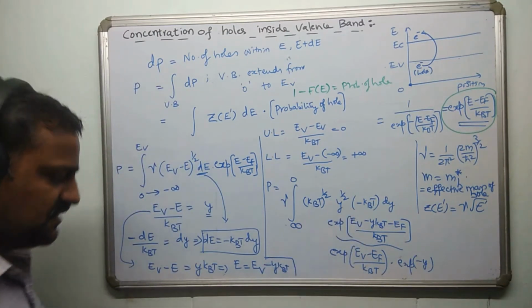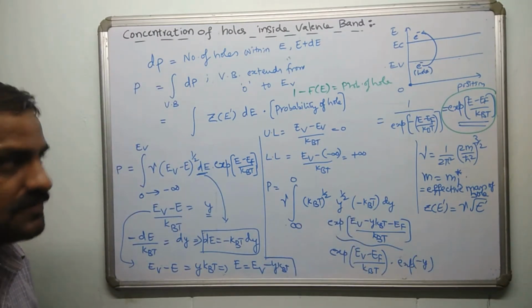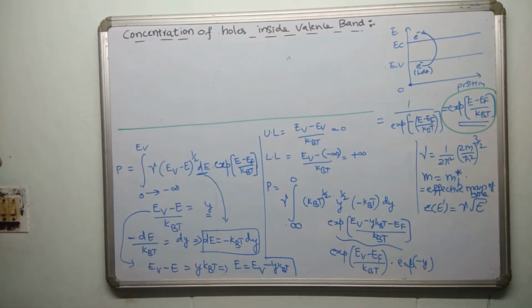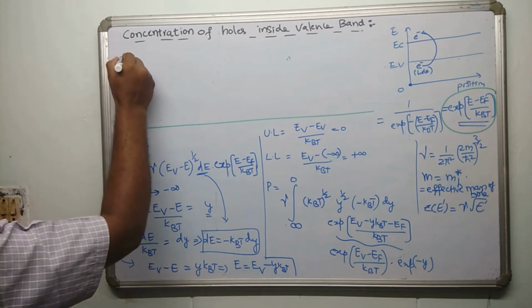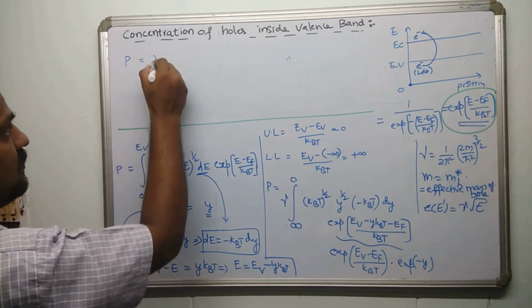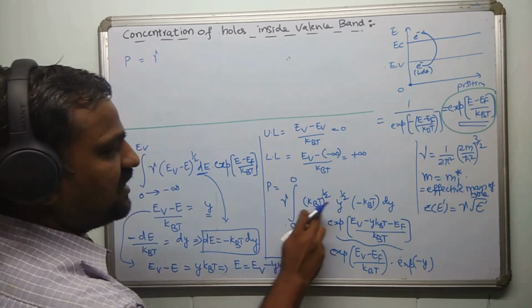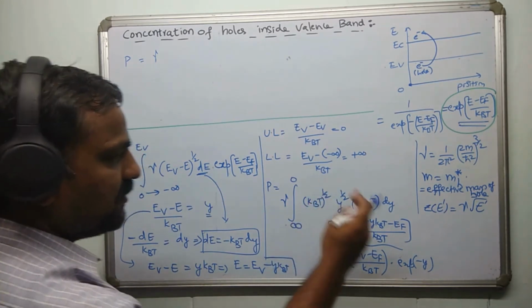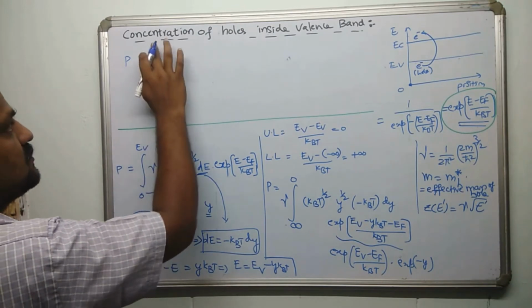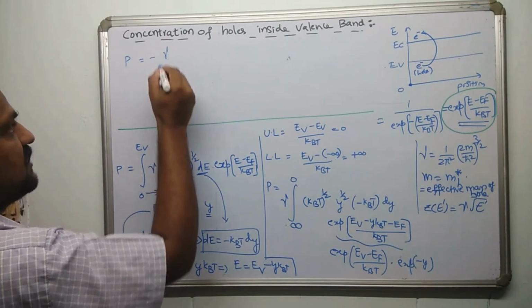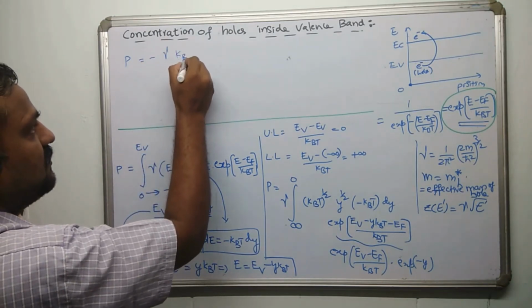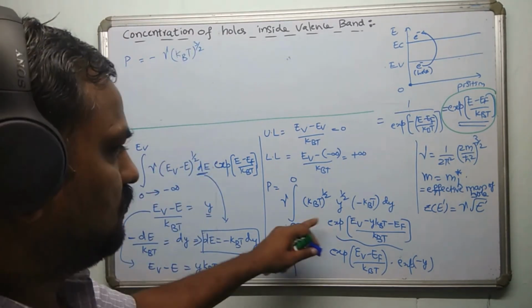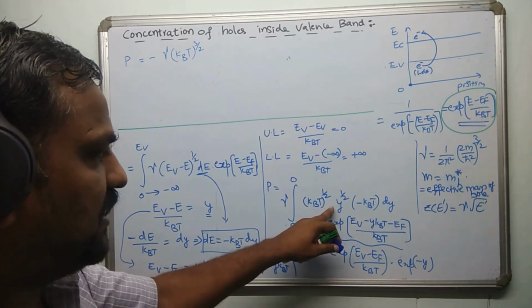If you substitute this here, it just looks like a gamma function. So if I substitute it here, p is going to be gamma, and one more simplification: this is kBT power 1 by 2 times minus kBT. So this becomes kBT power 3 by 2 with a negative sign. So I'll write this as gamma with negative sign into kBT power 3 by 2. This is one thing, minus, and y power 1 by 2 is left over.